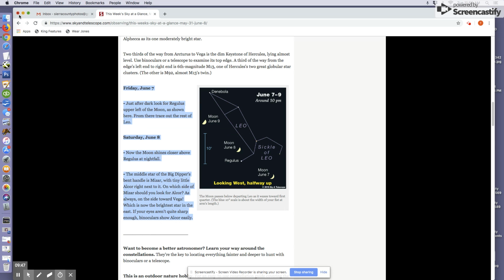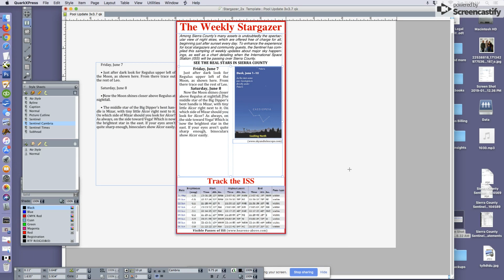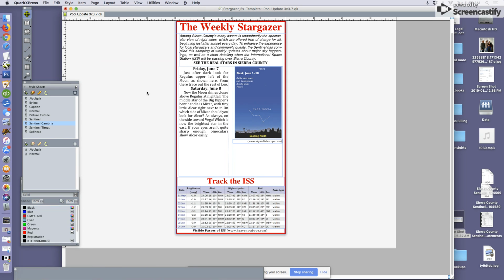We can go ahead and go back to our template that we were using, which we minimized over here on the left. So now that we have our text in, we can go ahead and delete this box. So from here, we want to go ahead and